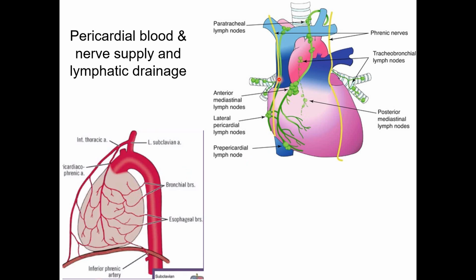For the nerve supply of the fibrous and parietal pericardium, it depends on these 2 nerves, which are the phrenic nerves. The phrenic nerves come from C3, C4, C5. المحاضرة السابقة قلنا هن تمشي in close relation to the heart, the right one on the right atrium and the left one on the left ventricle, so they will supply the fibrous and parietal pericardium and bring sensory information from them.